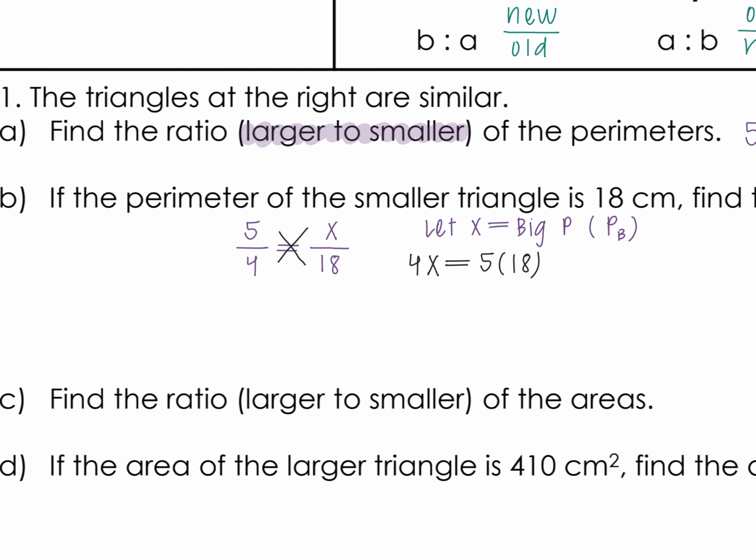Now, here, you can sit here and you can multiply, or I can go ahead and divide that 4 over to get that 5 times 18 divided by 4. And then I can simplify. So here I see the 18 and the 4 are going to both be divisible by 2. So I'm going to divide them to get 9 in the numerator and 2 in the denominator. Here I have nothing else to simplify, so I'm going to go ahead and multiply the 5 times the 9 to get 45, and then I'll have that over 2